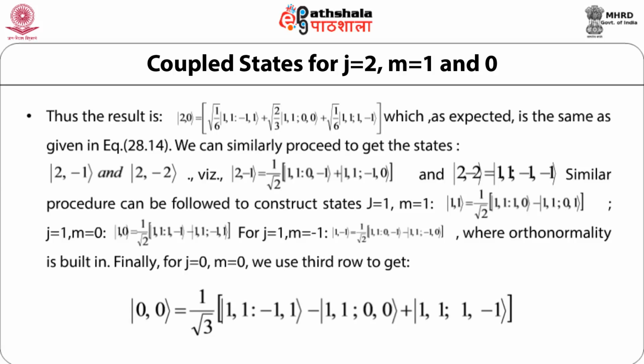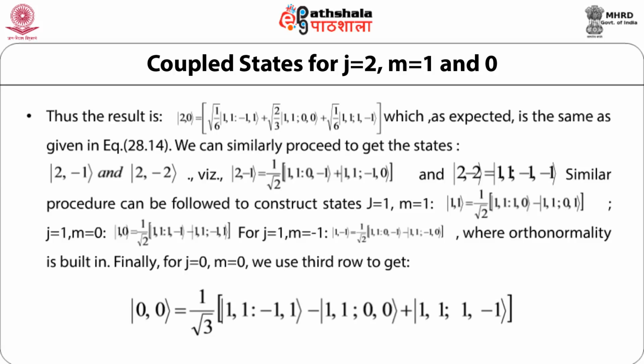Similar procedure can also be adopted to construct the states having the value of the total angular momentum j equal to 1 and the magnetic quantum number m equal to 1. And for this, the coupled states are given as 1, 1 is equal to 1 by under root 2 times bracket open state 1, 1 and 1, 0 minus state 1, 1 and 0, 1 bracket close. Also, for the value of the total angular momentum j equal to 1 and the magnetic quantum number m equal to 0, the coupled state is given by 1, 0 is equal to 1 by under root 2 times bracket open